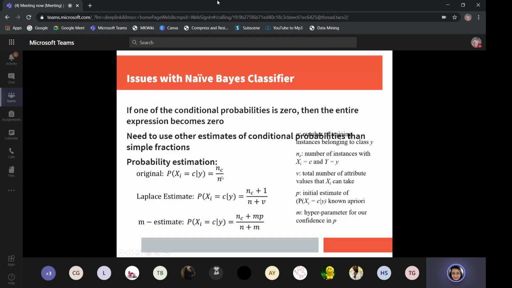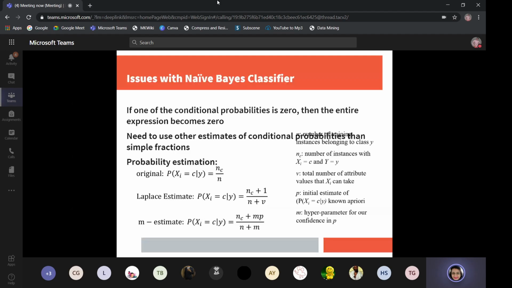So instead of doing Nc, the total number of classes for attribute X given the occurrences of Y, we simply add a 1 to the number of classes, and because we are adding a 1 for this, we will add a v for that. The same number of times 1 is added for every particular case, that many times you add it to the estimate for every record. This is known as Laplacian estimate.